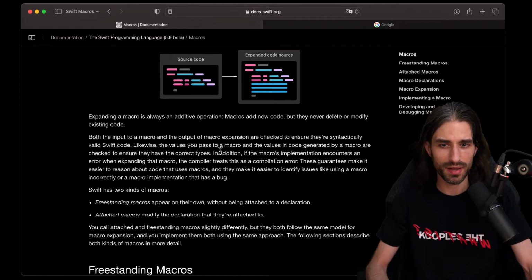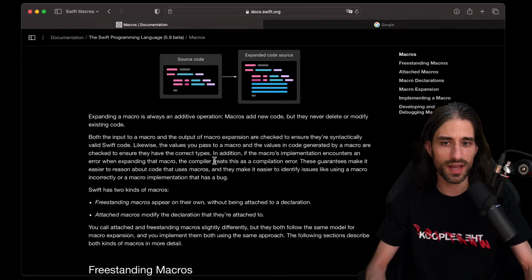Likewise, the values you pass to a macro and the values in code generated by a macro are checked to ensure they have the correct types. So it's different in that respect from macros in C. If you've ever used macros in C, they are not type checked: you will call your macro, it will generate some code, but if there is an error in the type you're passing, you will only see it when the generated code builds.